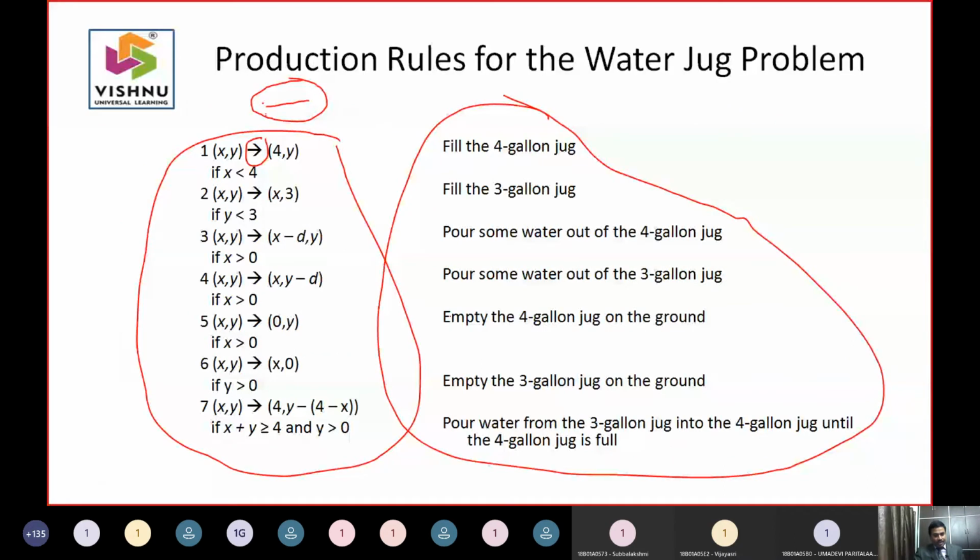I said the 7th and 8th are the most important productions, because we can have different types of jugs, like 6 and 4, 10 and 5, 10 and 8, 12 and 3. But every time a water jug problem is given, they are indirectly asking how your production system will work. When some people ask you about a production system, the first thing they expect is that you identify a starting state and a goal state. Then you represent the state space.